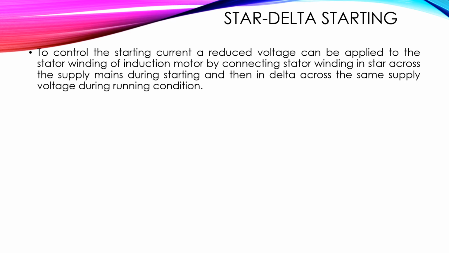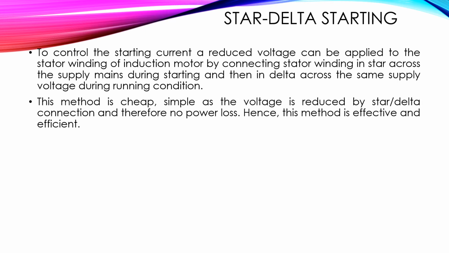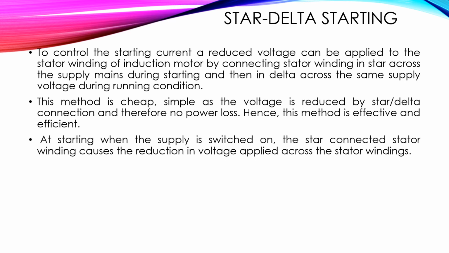So this method is cheap, simple, as the voltage is reduced by star delta connection and therefore no power loss. Hence this method is effective and efficient. At starting, when the supply is switched on, the star connected stator winding causes the reduction in voltage applied across the stator windings. The voltage across the star connected stator winding is 1 by root 3 times the line to